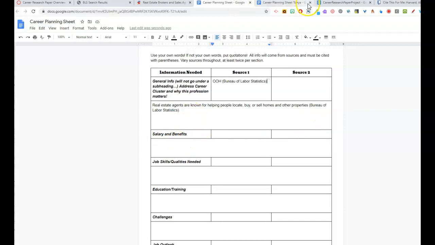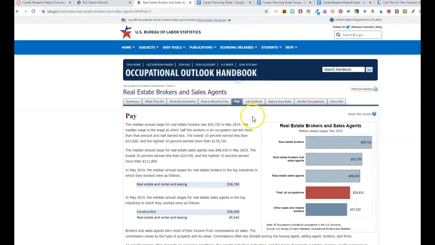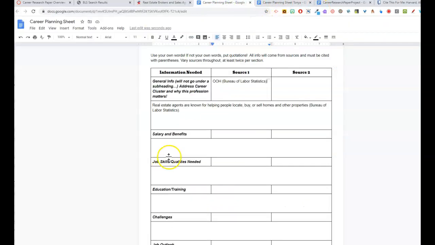Salary and benefits. So let's go see if I can find information about salary and benefits. So pay, that sounds like that. Median annual wage for real estate brokers was $59,720 in May 2019. So I could say, according to the U.S. Bureau of Labor Statistics, so I'm going to go down here, according to the U.S. Bureau of Labor Statistics,